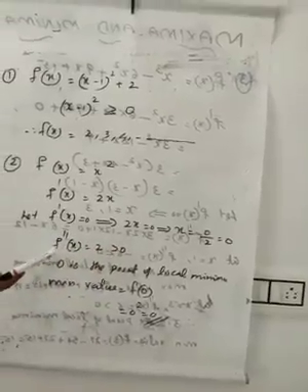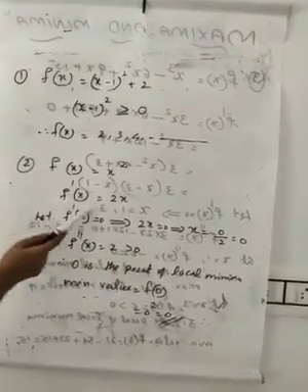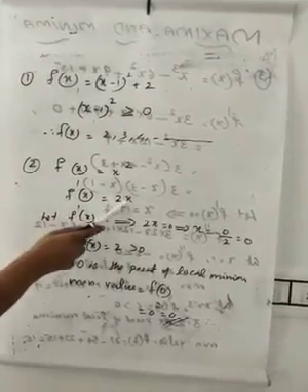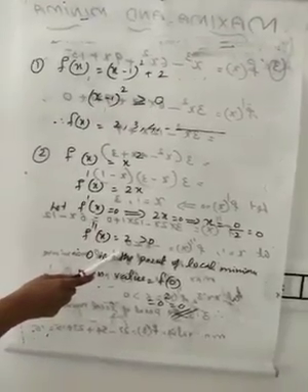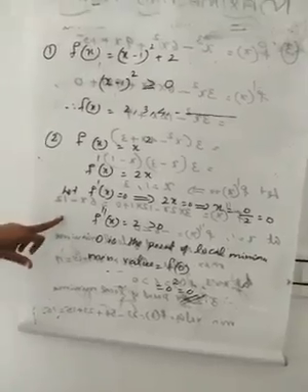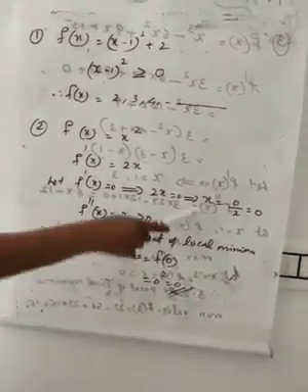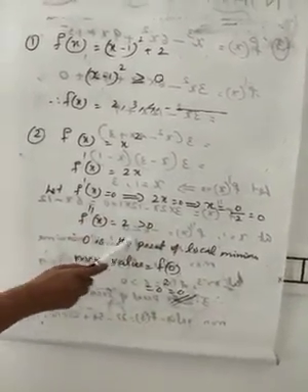The next, find the second order derivative, that is, differentiating f dash x. What is the derivative of 2x? 2 into 1, 2. Okay, which is independent of x. It is very clear that the second order derivative is positive, greater than 0. Then what is the condition? If the second order derivative is positive, there exists a point of local minimum. Or we can say that the point 0 is the point of local minimum.